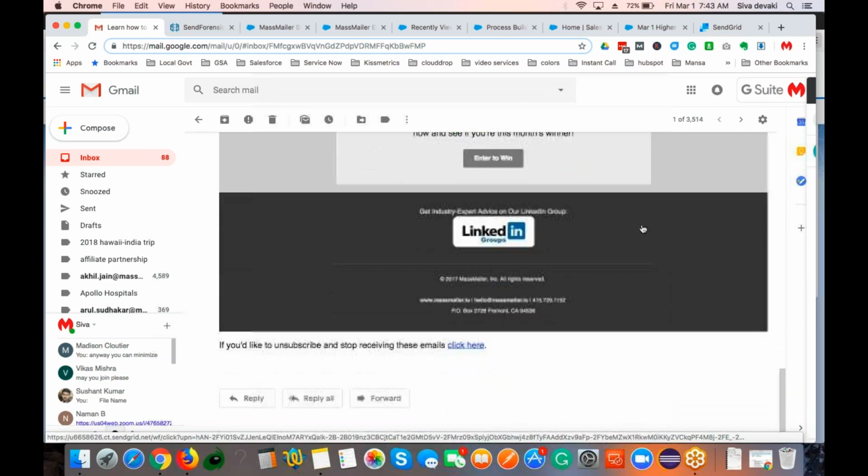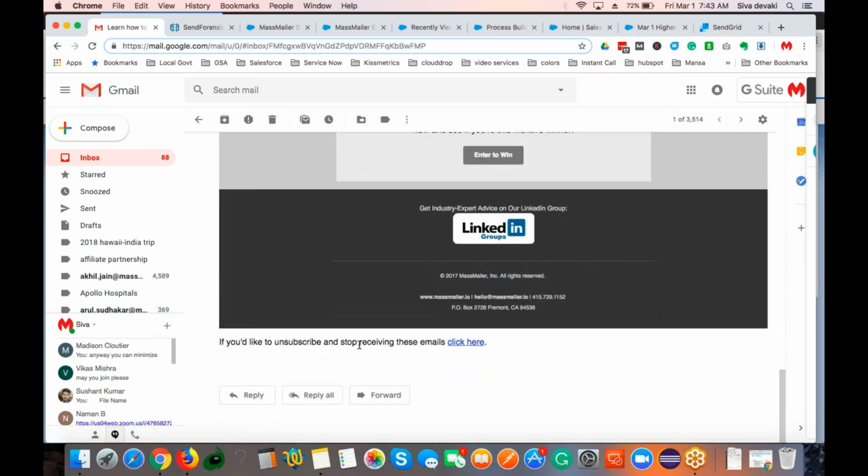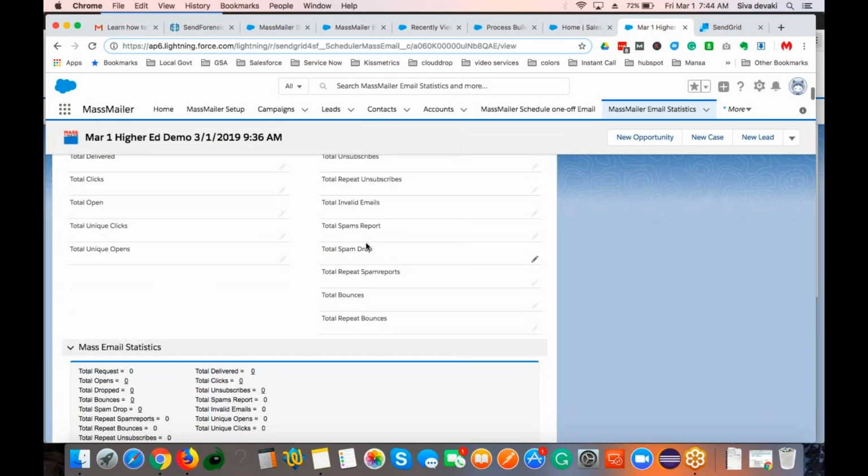I was just going to say that we always append this unsubscribe at the bottom of the email. If somebody clicks on it, we capture that unsubscribe event and store that back on the contact or lead object in Salesforce. And those would get suppressed automatically in future. Yep. Now, going back here, so we talked